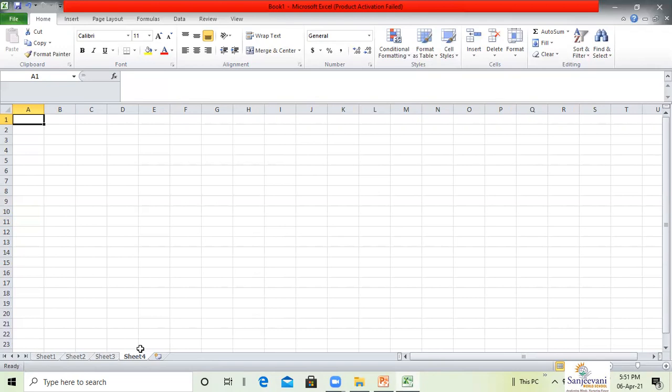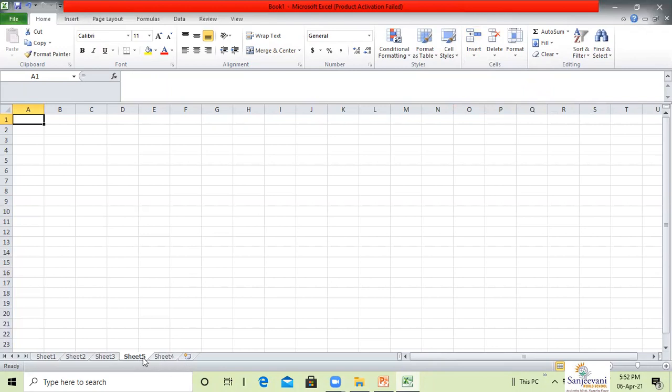Next is to click the arrow below the Insert option in the Cells group, and choose the option Insert Sheet. This will also insert one more sheet, that is Sheet 5 over here.